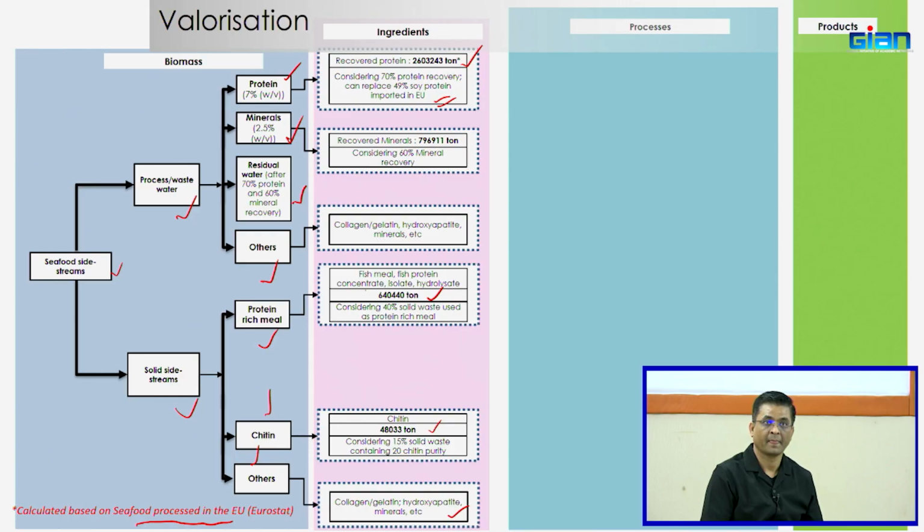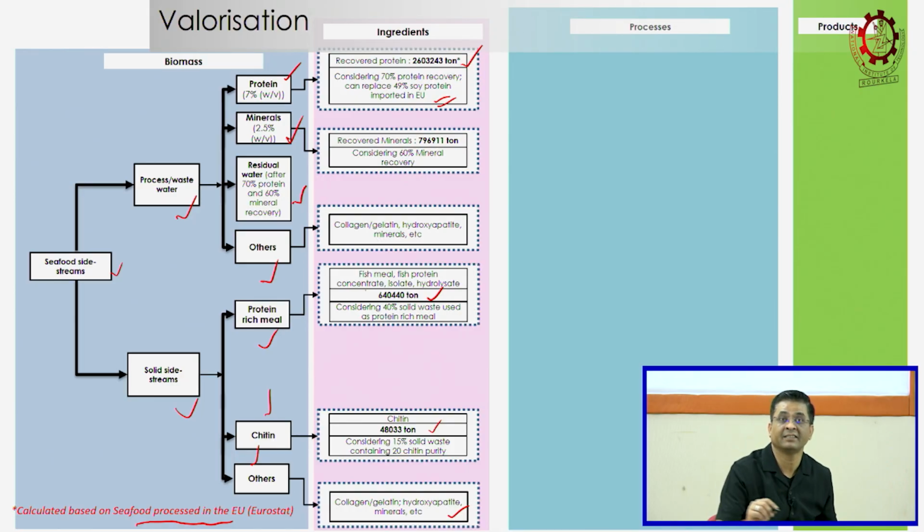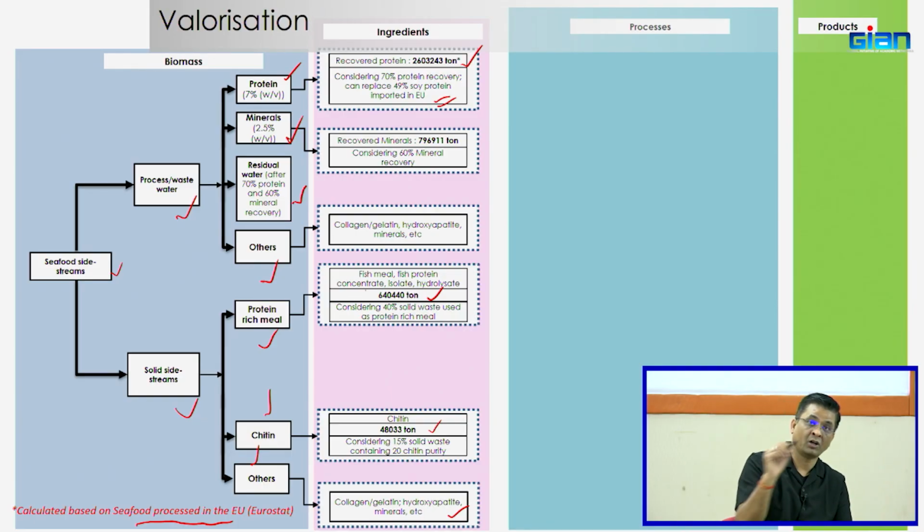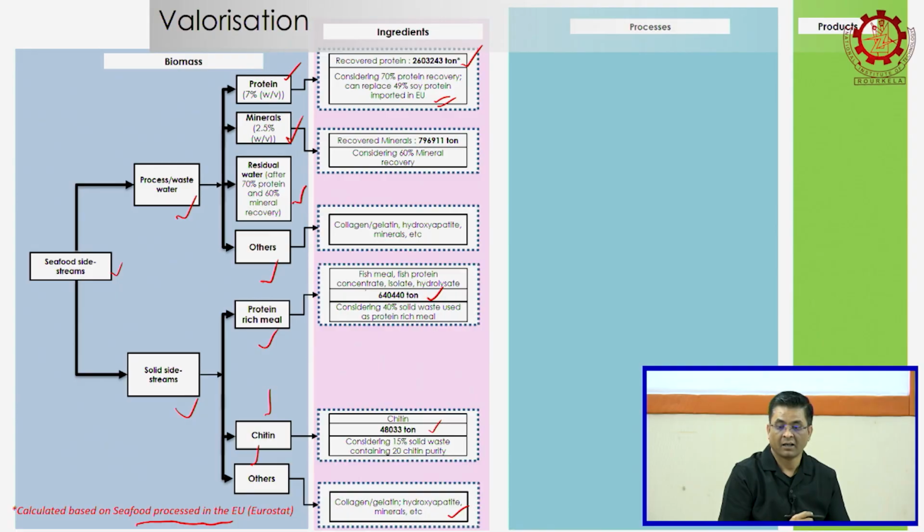Yeah. This is just showing the business case of how it can operate if we valorize the waste. So whatever we discuss, the implication of waste on greenhouse gas emissions or for dumping it, how we can recover nutrients and what is the value of it. Recovered minerals, yeah, this many tons,